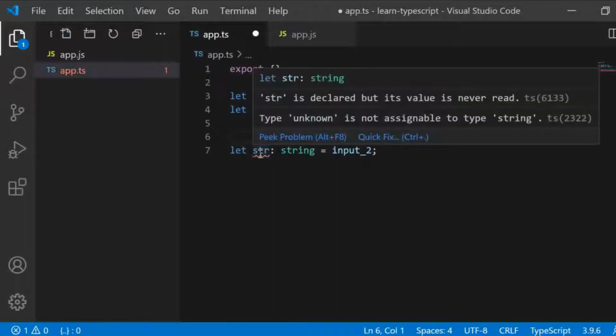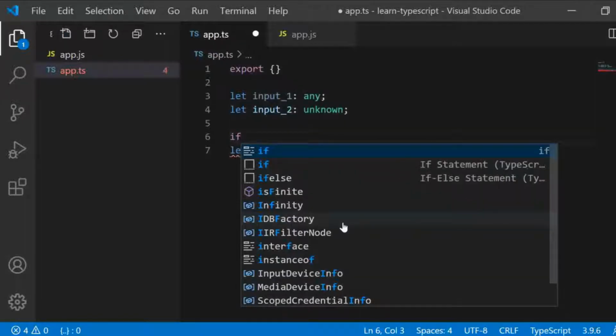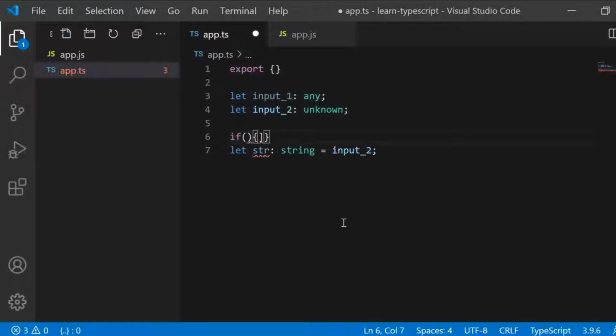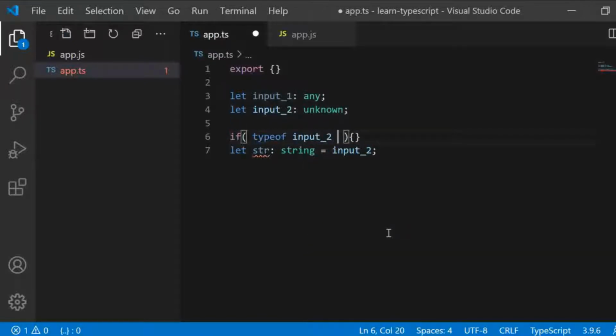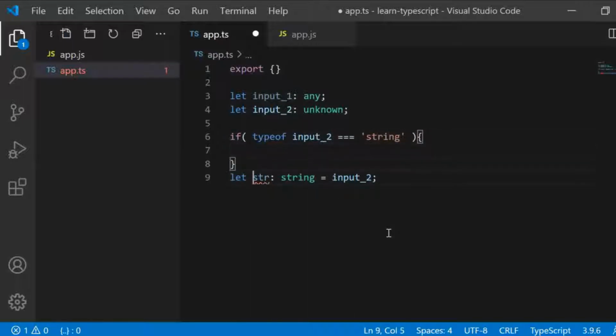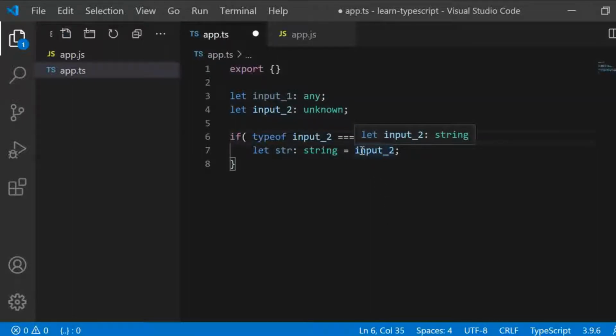Here we can see this error, but if we add an if condition like this, typeof input_2 equal to string, we are explicitly telling that our variable is a string. See, now the error is gone, because we are narrowing the type.